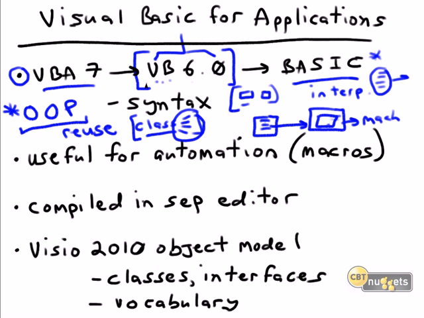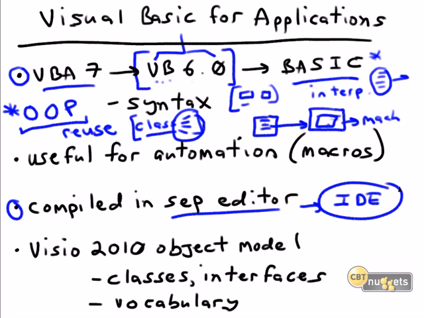What is so cool about Visual Basic for Applications? Well, it's cool because, number one, you don't have to pay for it. If you pay for a license for Visio 2010, you get VBA7 right out of the box. Same with all of your other Office 2010 applications. So it's a fairly powerful programming environment that's unleashed for you right there. Anytime you want to pull the trigger on VBA, you can pop open the built-in Visual Basic for Applications editor, which again has come a long way in subsequent years. It truly could be considered an integrated development environment, or IDE.